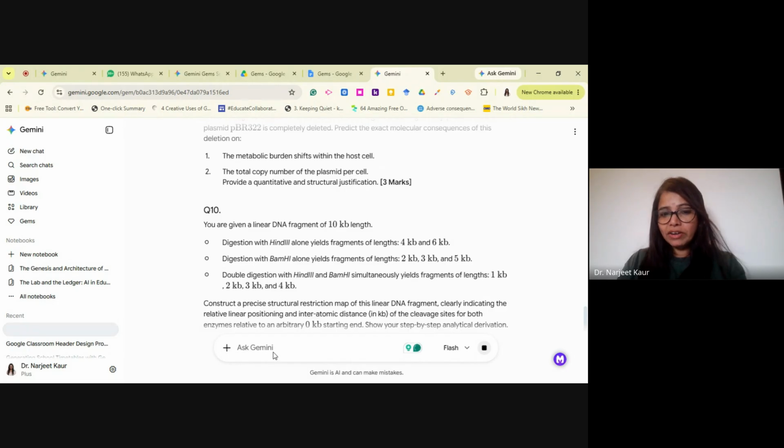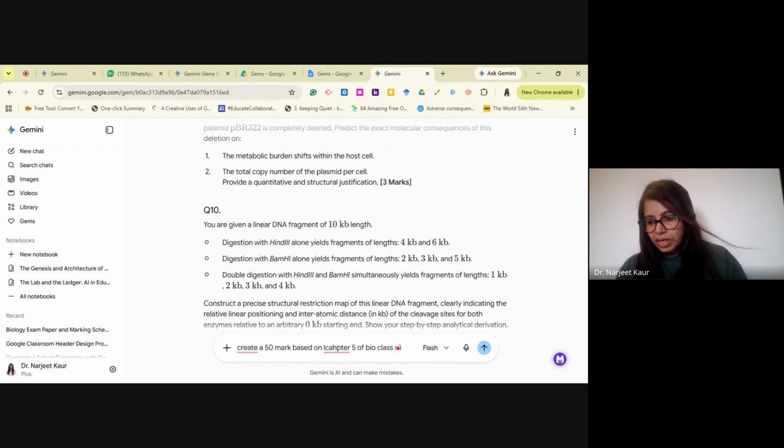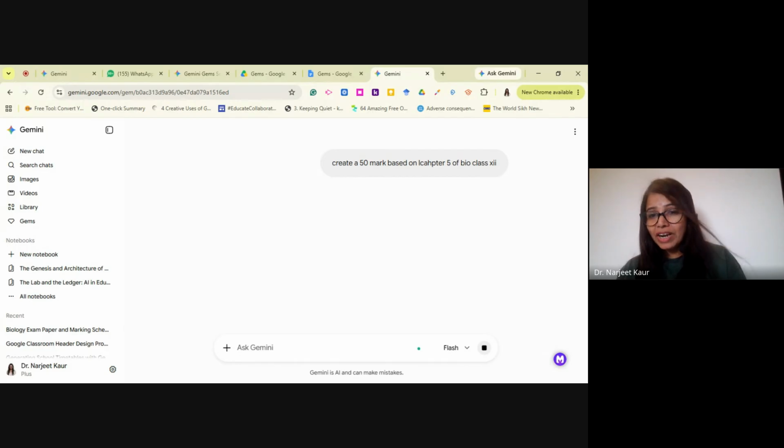Right? You can convert this into, create a 50-mark paper based on a lesson also. A particular lesson you can give, say chapter 5 of bio class 12. Here we go. See, you do not even have to generate a question paper yourself, not even one.